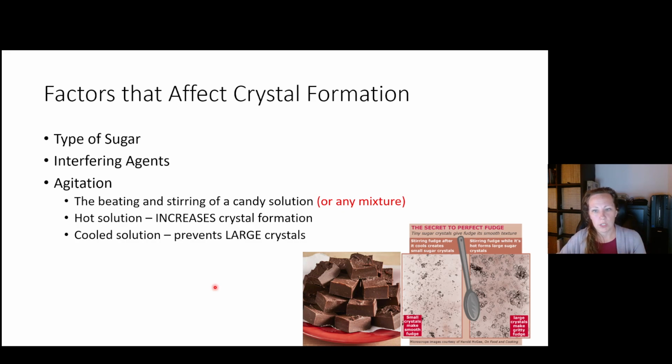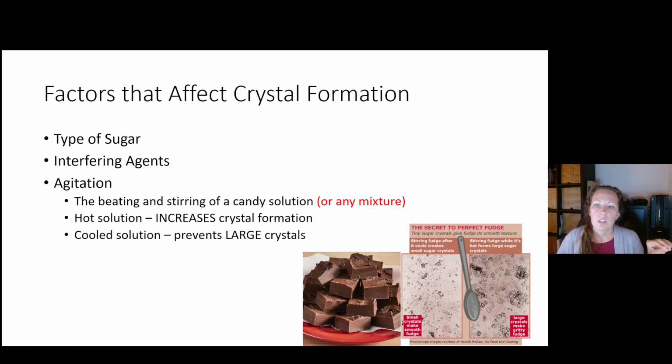And so we create more crystals, but we're preventing them from becoming too large because you keep stirring until the temperature and the viscosity are at a point where new crystallization is no longer happening. And so what we're really talking about here is going to sound very familiar, what we did with the fudge. We're creating lots of small crystals. If you don't stir the fudge at all, you're,